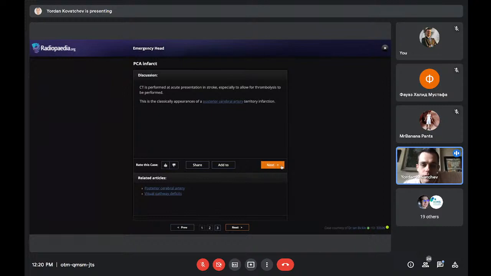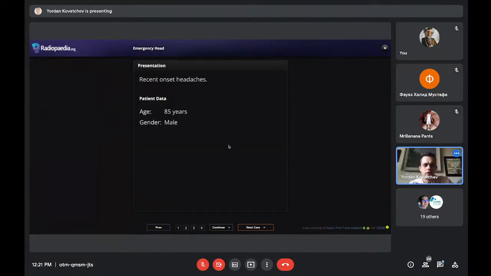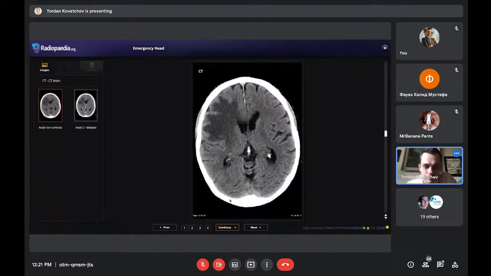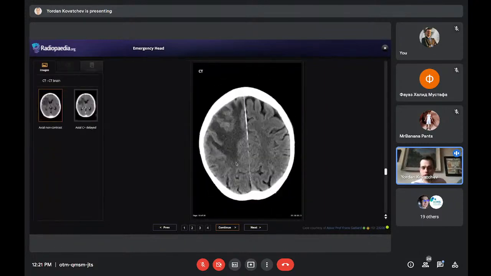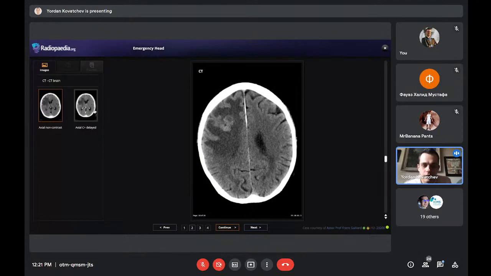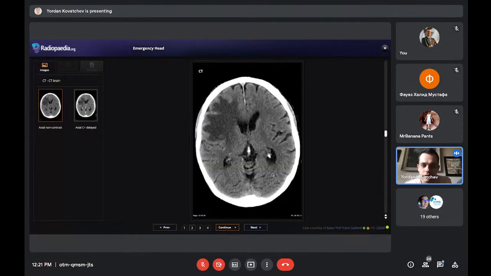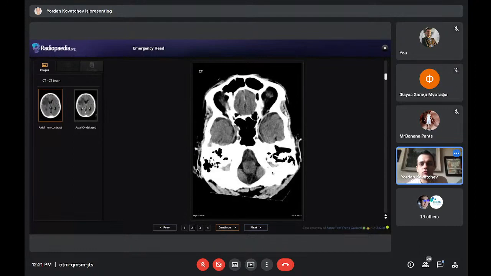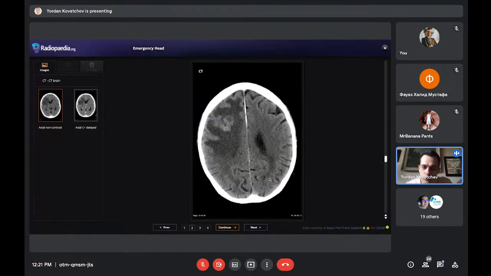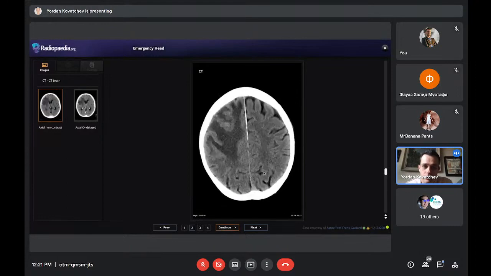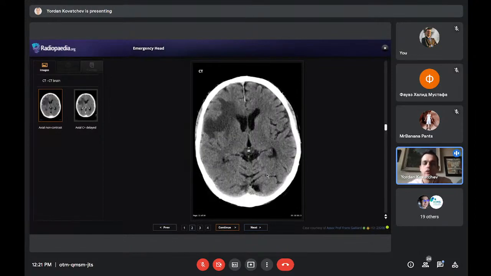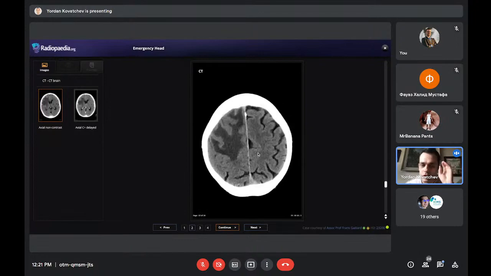Let's go to the next one. I think I have two more cases, and then I'll give the word to my colleague so you can talk about blood more. This is a patient with recent onset headaches. I'll show you one. Can anyone say, thinking about edema and what I told you in the beginning, just generally, don't worry about specifics, what you think might be wrong here? This is a patient with headaches. You don't need to give a diagnosis, just on the image. When you see that,